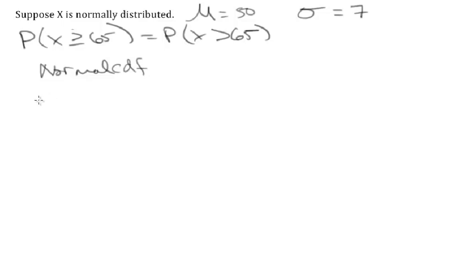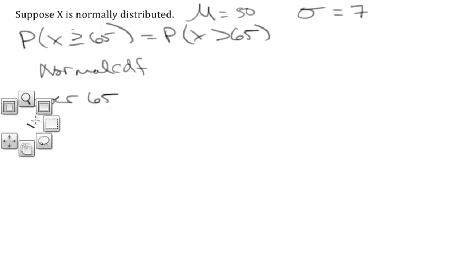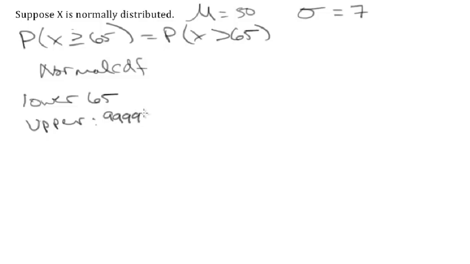So the probability that x is greater than 65, the lower limit this time around is 65. The upper limit has to be something ridiculously large. And then the mean is still 50, the standard deviation is still 7. So what we should get out of this is, this is going to equal, once we paste it,